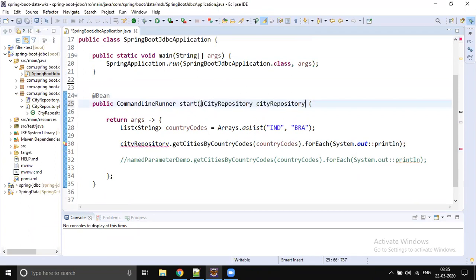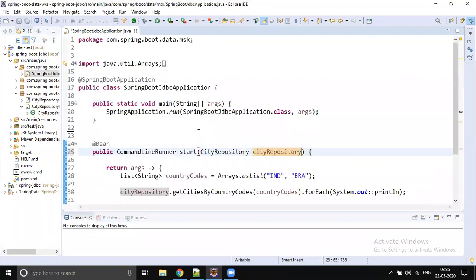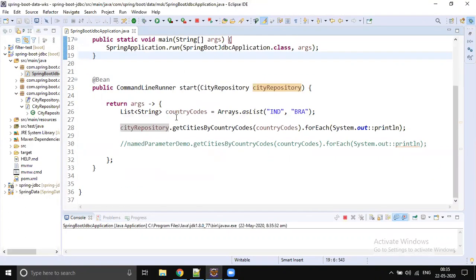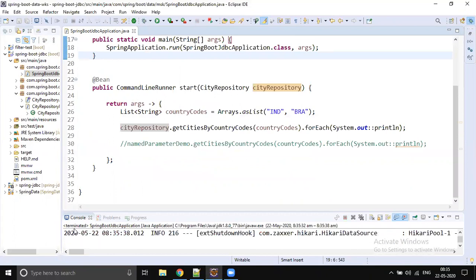You can just pass it as an argument, and Spring itself will inject that city repository. So no extra autowire is required. You just pass that repository as an argument, and Spring will automatically inject the dependency. If I run the code, I will still get the same output. There is no difference, because autowiring and passing arguments are both the same.